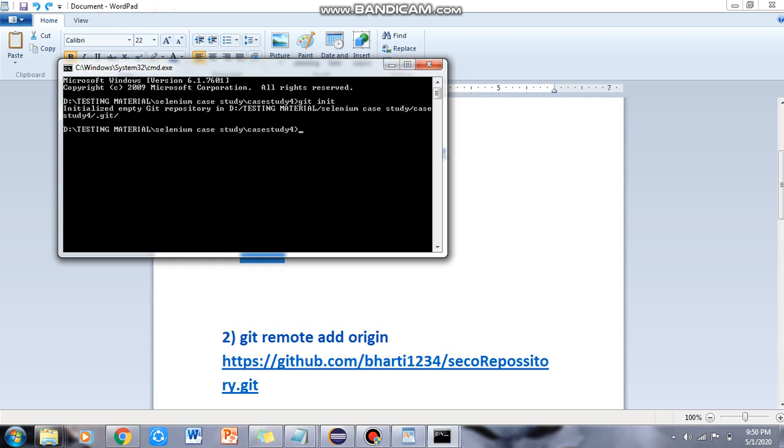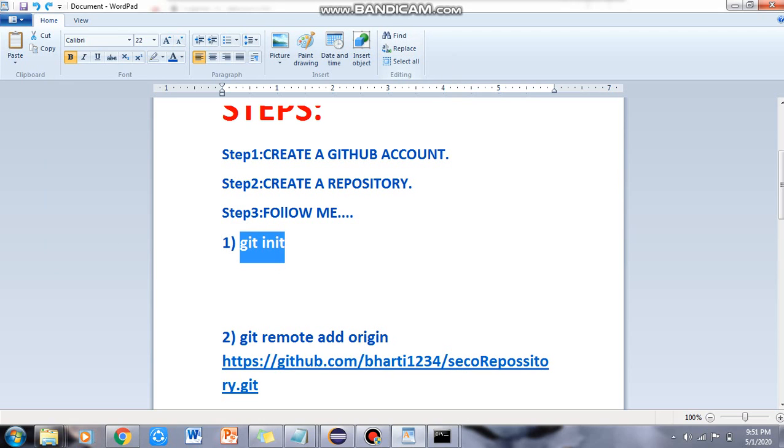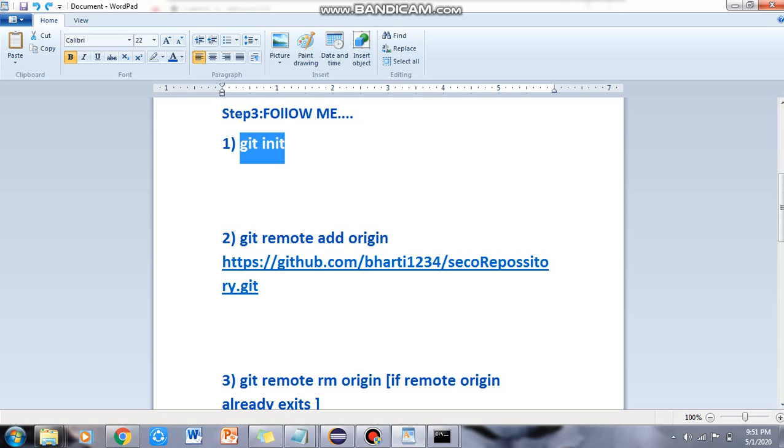Now it says that it has initialized an empty Git repository on this location. The location that I have and the location that you will have will be different because the paths are different. So now the second step is git remote add origin, right there, git remote add origin with the path